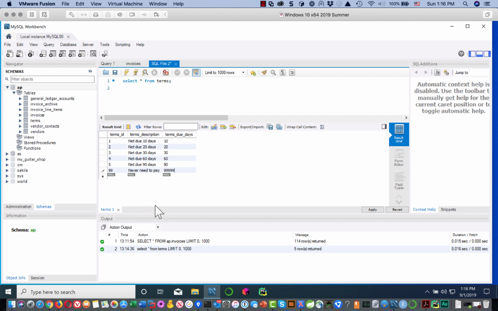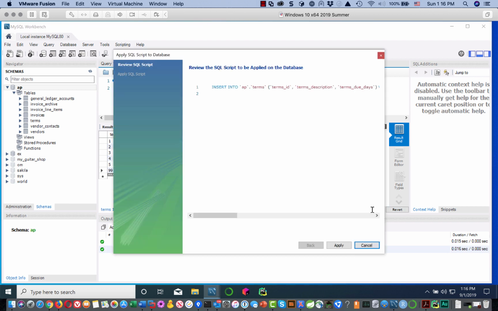You can come down. Are they automatically in the database? No, they're not. Okay. How do you get them in the database? Lower right, we either click apply or revert. Okay, let's act like we want to add them. Let's click apply. Does it just happen magically? No, it doesn't. What it does is it shows you